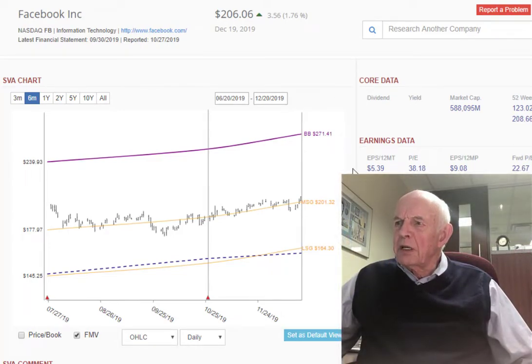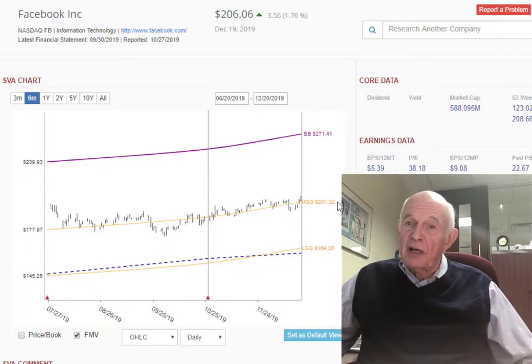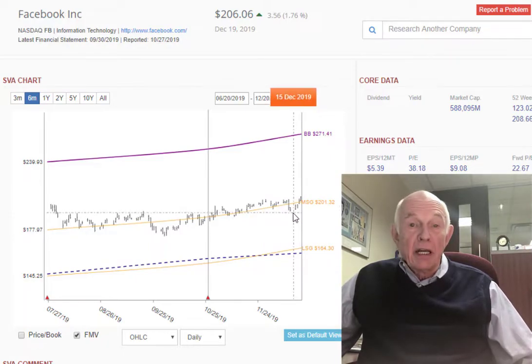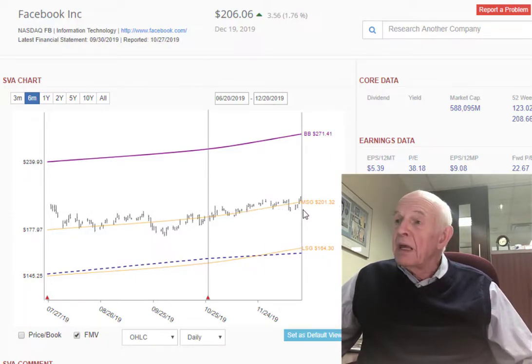Turning to Facebook, we've been looking at Facebook straddling its mid-super growth price. That's 5.5 times book value. It had broken down just a very few days ago, but it has turned right around and popped above the MSG price once again. I don't know whether it actually is going to do anything one way or another except straddle its MSG price,